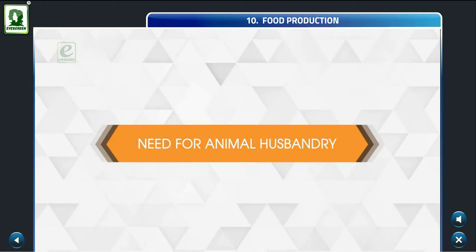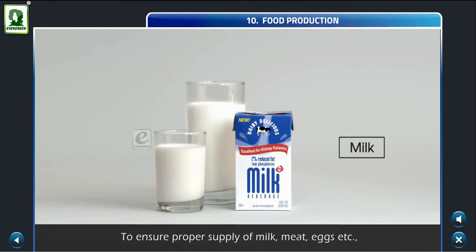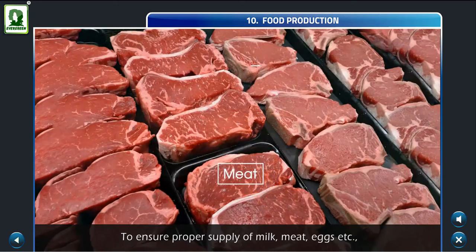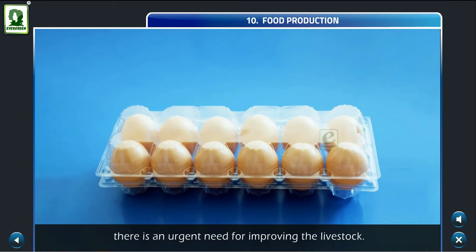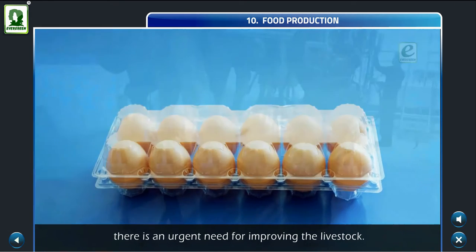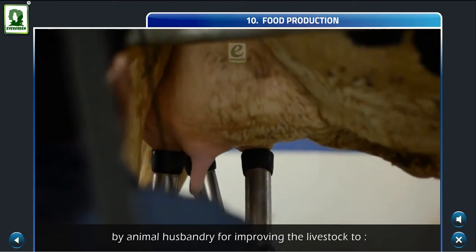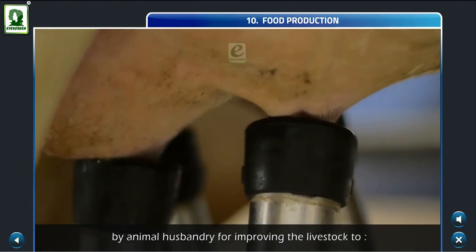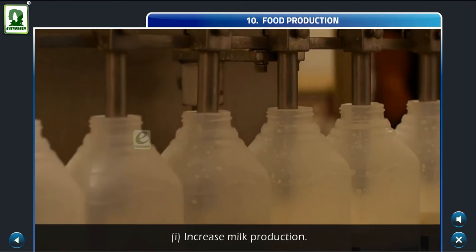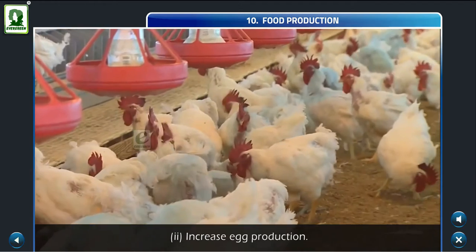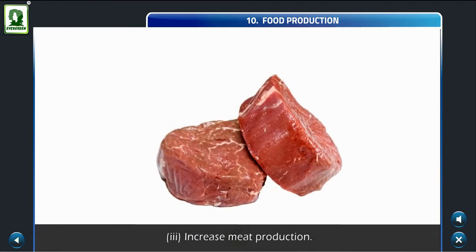Need for animal husbandry. To ensure proper supply of milk, meat, eggs, etc., there is an urgent need for improving the livestock. Various tools and techniques have been developed by animal husbandry for improving the livestock to increase the milk production, increase egg production, increase meat production,